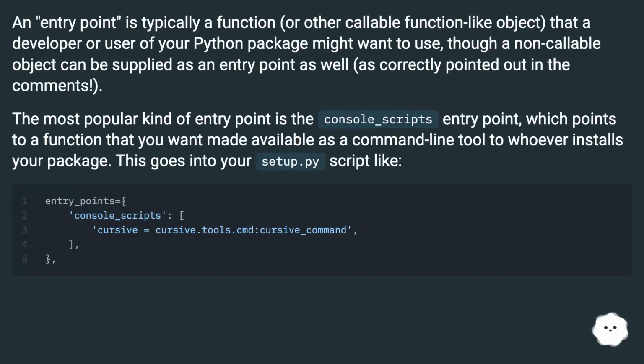An entry point is typically a function, or other callable function-like object, that a developer or user of your Python package might want to use, though a non-callable object can be supplied as an entry point as well, as correctly pointed out in the comments. The most popular kind of entry point is the console_scripts entry point, which points to a function that you want made available as a command line tool to whoever installs your package. This goes into your setup.py script like